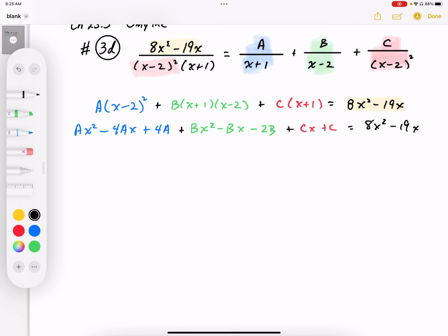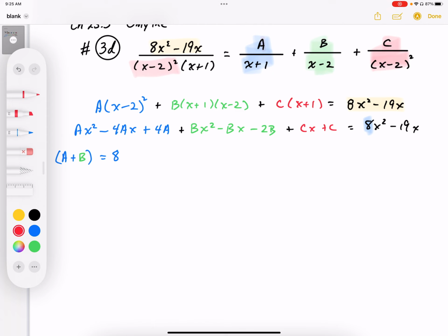Okay, so what I'm going to do is group my coefficients, so I end up with a plus b. That's on my x squared, so I'm going to group that and make that equal to 8, which is a coefficient on the x squared. That's one equation. A second equation is going to be,